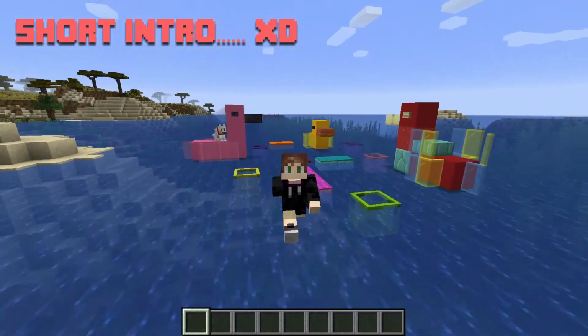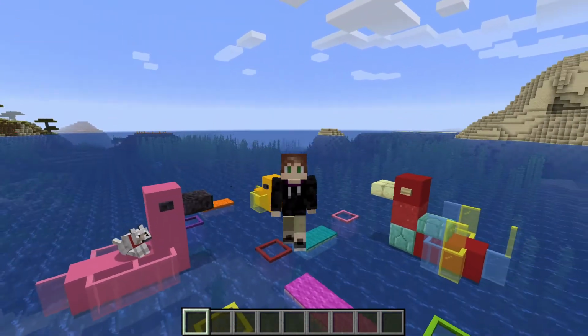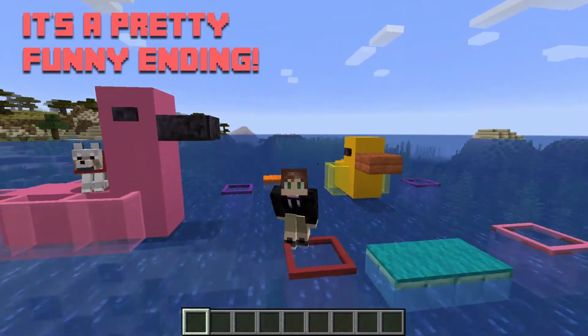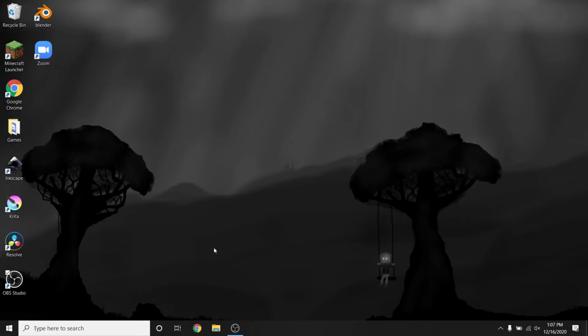We're just gonna jump into it and I'm gonna show you guys how to make your own custom Minecraft sounds. Stick around to the very end to see what it sounds like and what my own custom sounds sound like in Minecraft. So the very first thing we're gonna do before we do anything else is we're gonna go down